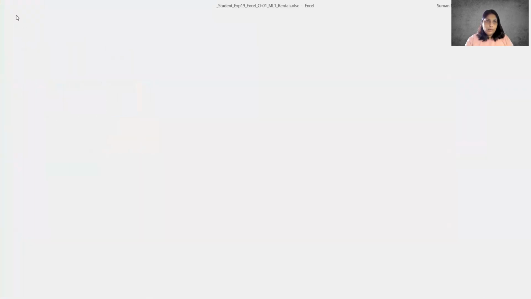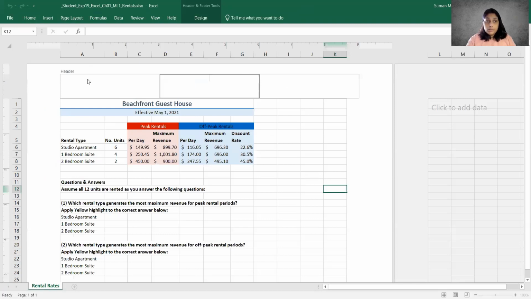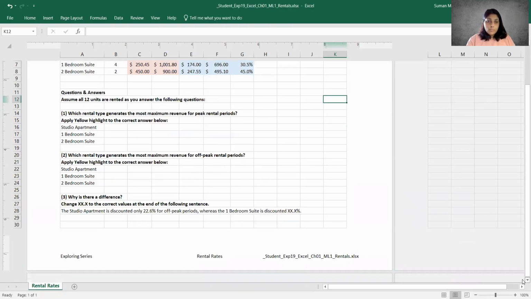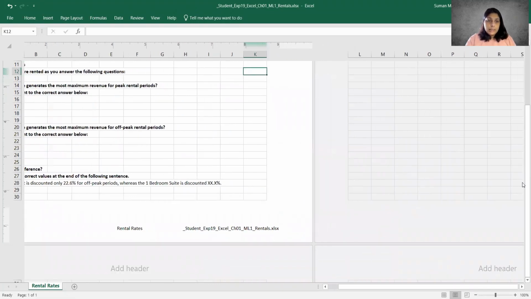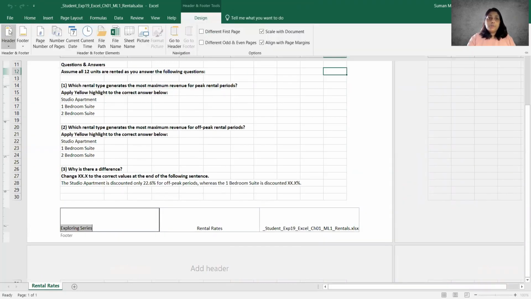All right. Now, on the ribbon, you would click Insert, you would click Header and Footer. And then you'll see header, left, center, right. If we scroll all the way down, you'll see that it is left, center, right down here. And under the Design tab for my header and footer tools, you'll see those same icons with the text underneath.